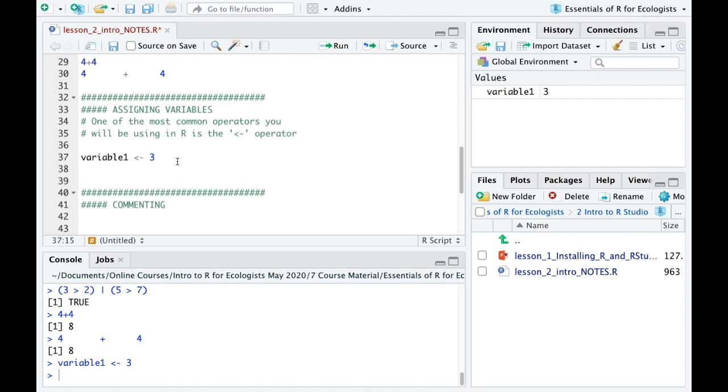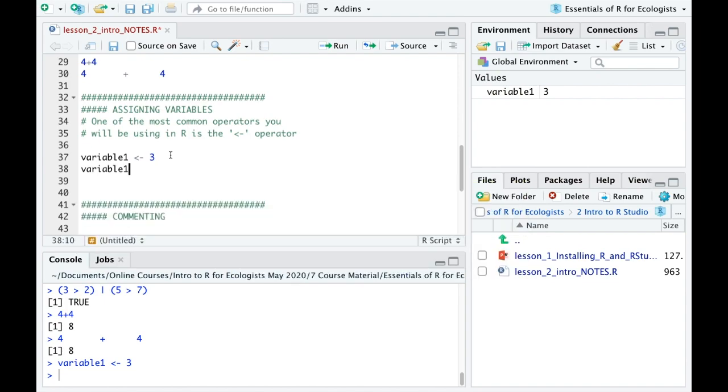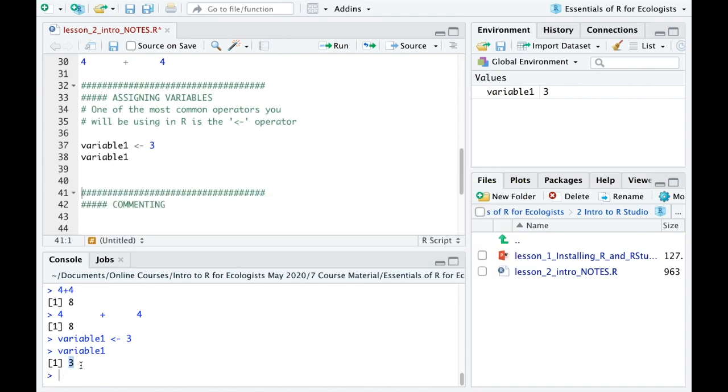So what does variable assigning actually mean? Well, we put that 3 into variable 1. So now if we just run variable 1, out comes the 3. By running this variable, it outputs whatever its current value is, in this case, 3. And remember that we can also run code by selecting code and then doing Command Enter or Control Enter. So instead of writing this out again and running the whole line, we could have just reselected that and run it and would have gotten the 3.